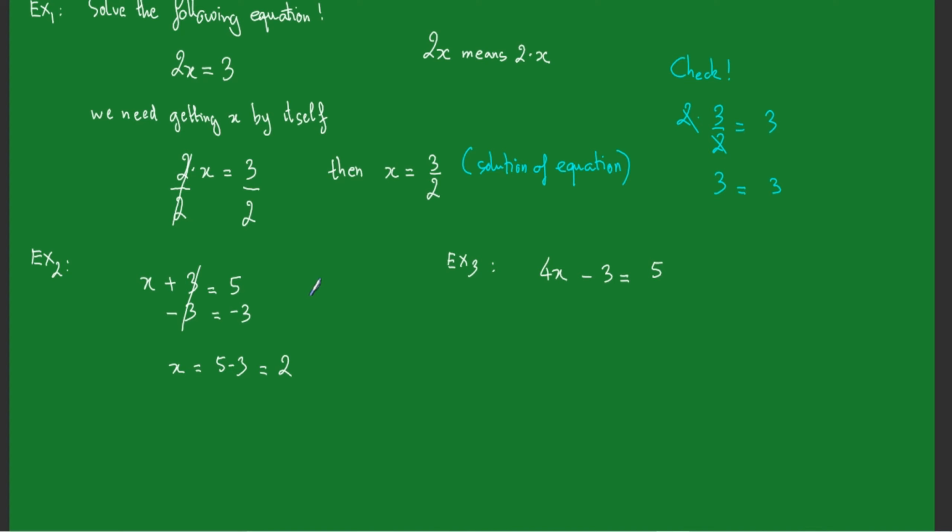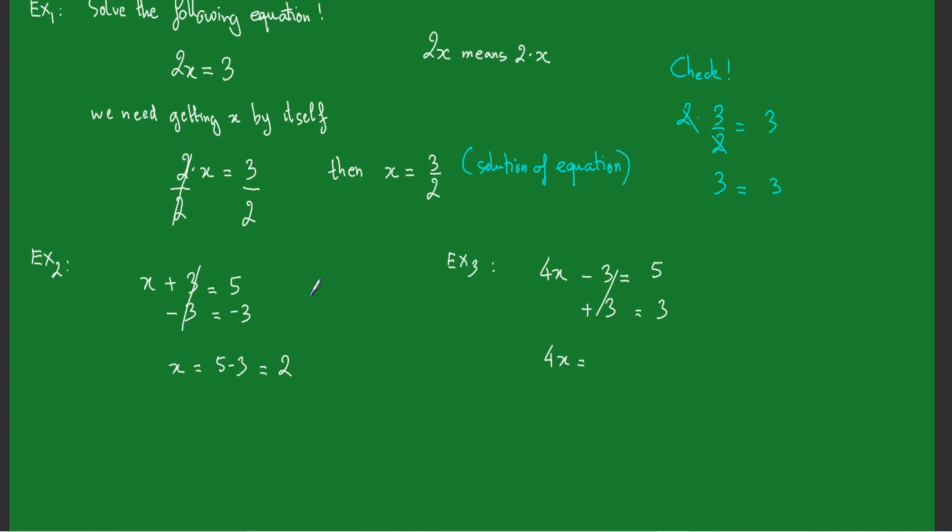This is the variable term and this is the constant term. Some students do division first. No, you don't do division first. You need to get rid of the number over here first. So in order to get rid of it, you add 3 to both sides. Because it's minus, you add, and it cancels out. Then what you have left is 4x